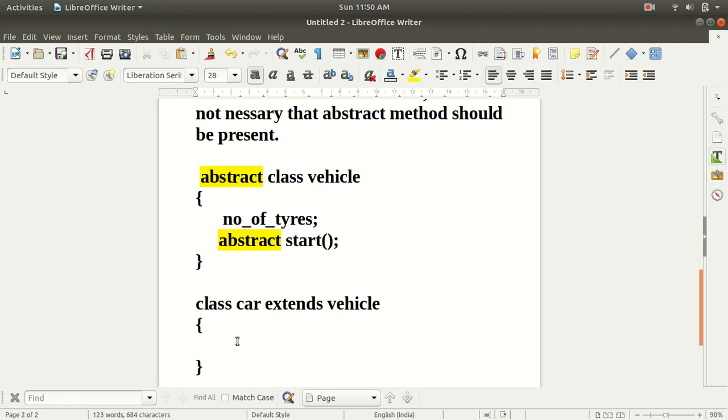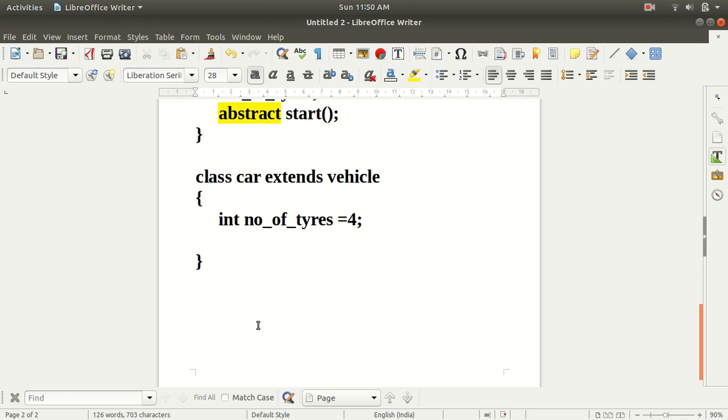If we are extending any abstract class, then let me first write the variable name: we have an integer number of tires equals 4, right? And now with the method,